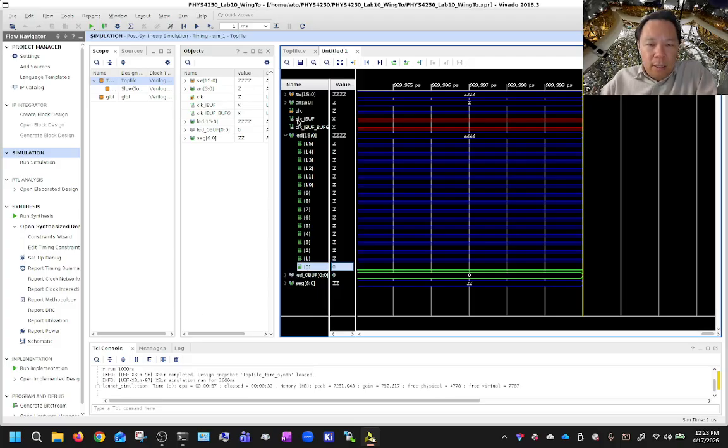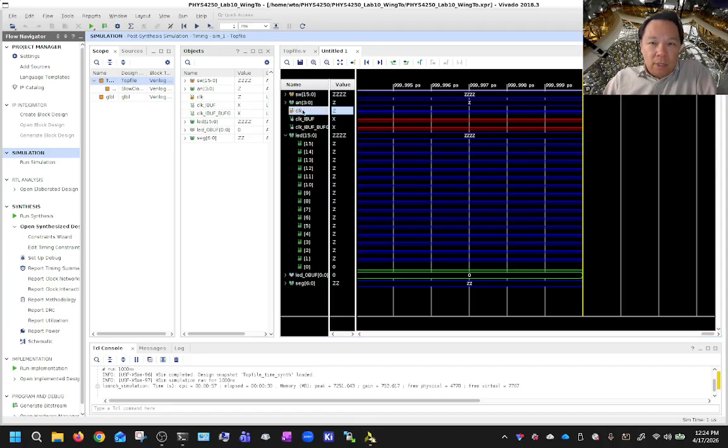In order for me to simulate how that behaves, I have to initialize the original fast clock, the 100 megahertz clock. I'm going to move this over here, right? This clock here. Remember, this is a 100 megahertz clock. But right now Vivado says, I don't know what this is. Vivado doesn't necessarily have access to the hardware to know, is it a 100 megahertz clock? Is it 10 megahertz? It could be any speed clock. So I'm going to basically force this to be a